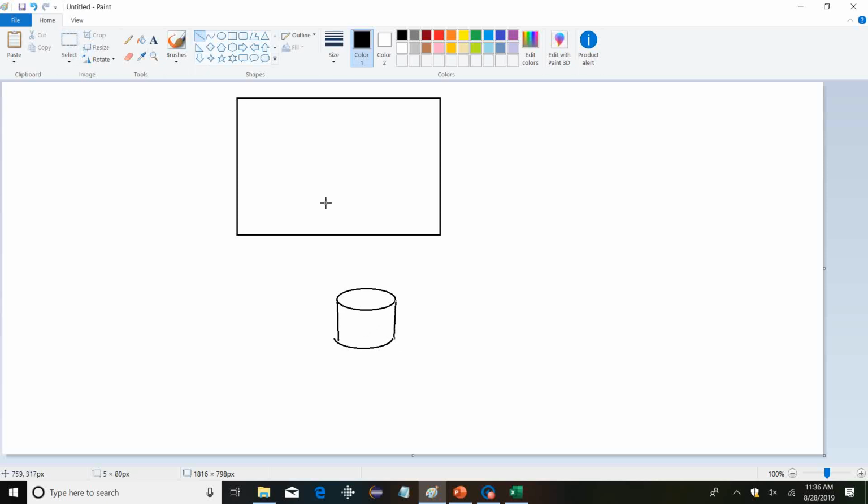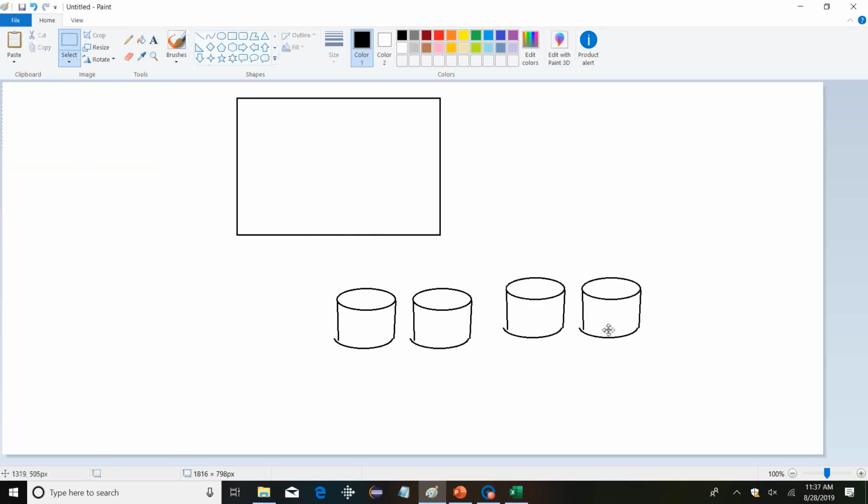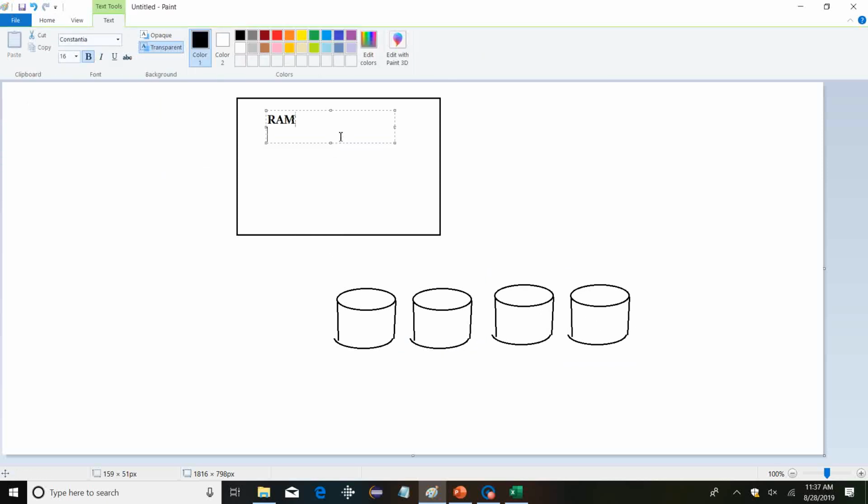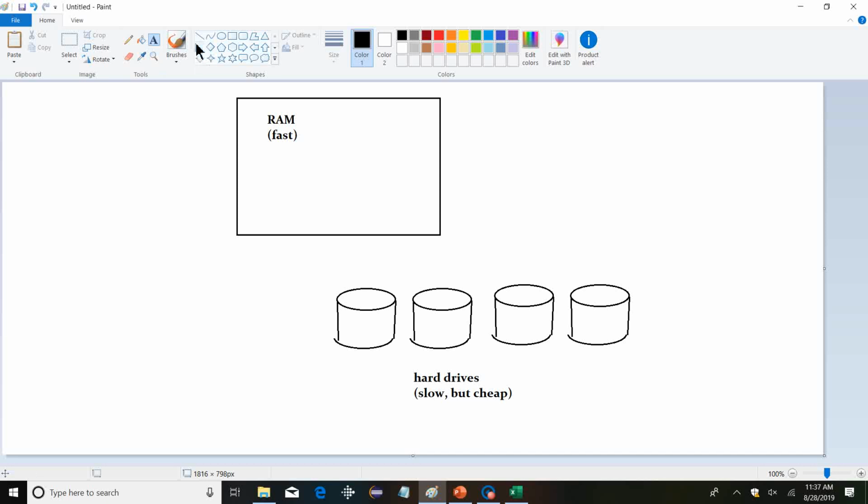Okay, so these are hard drives, or they're going to be. Make a few there. Okay. So this, RAM. RAM is fast, right? But RAM is also expensive. These are hard drives. Slow, but cheap. Okay? So, when new photos come in, and when requests go out,